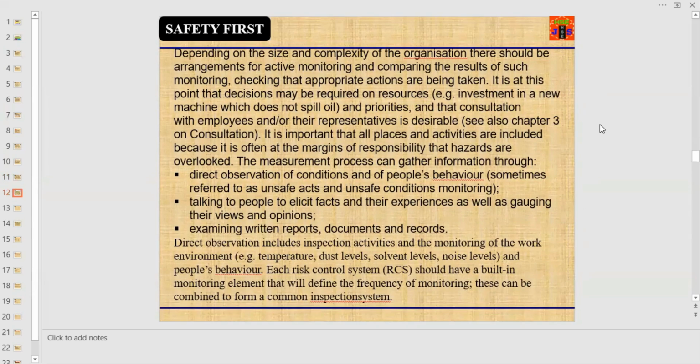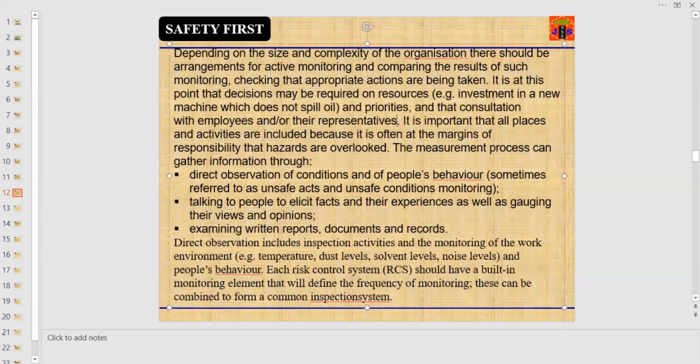Depending on the size and complexity of the organization, there should be arrangements for active monitoring, comparing the results of such monitoring, and checking that appropriate actions are being taken. It is at this point that decisions may be required on resources, for example, investment in a new machine which doesn't spill oil, and on priorities, and that consultation with employees and their representatives. It is important that all places and activities are included